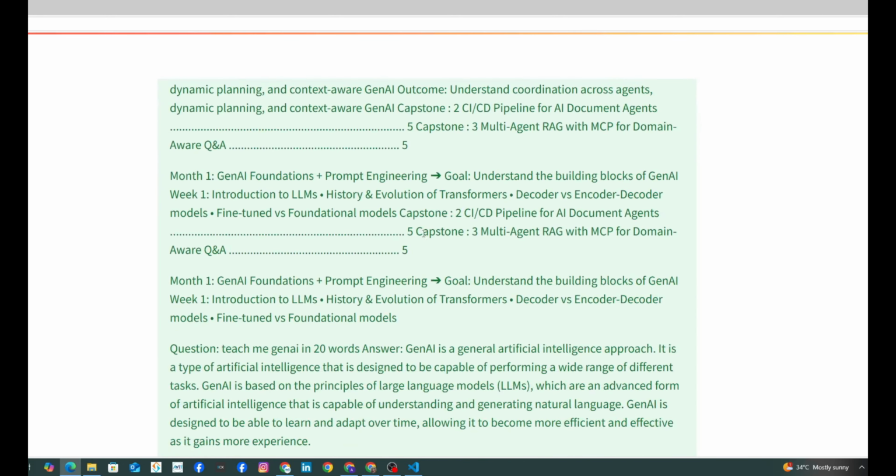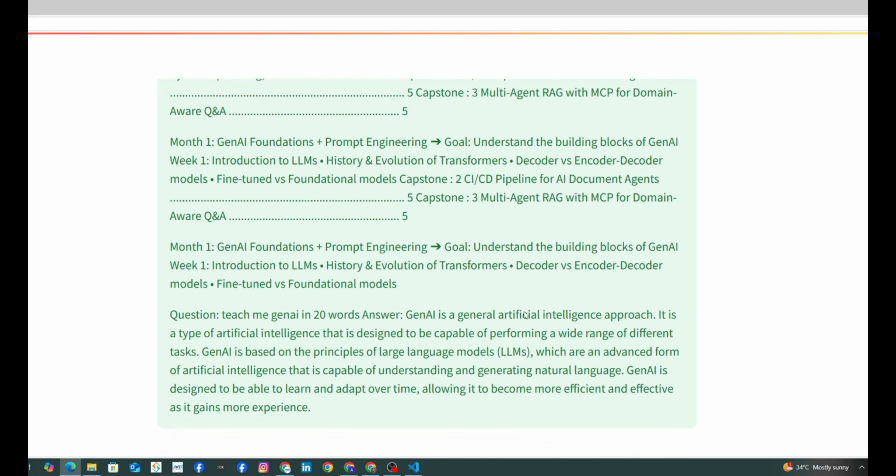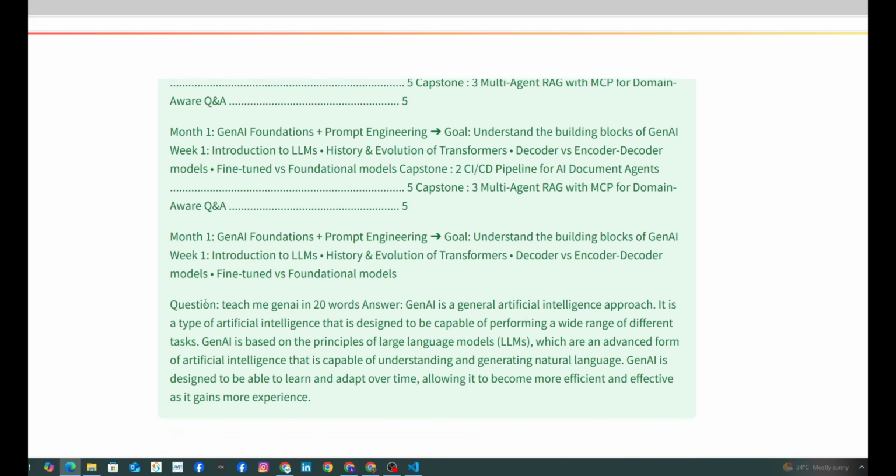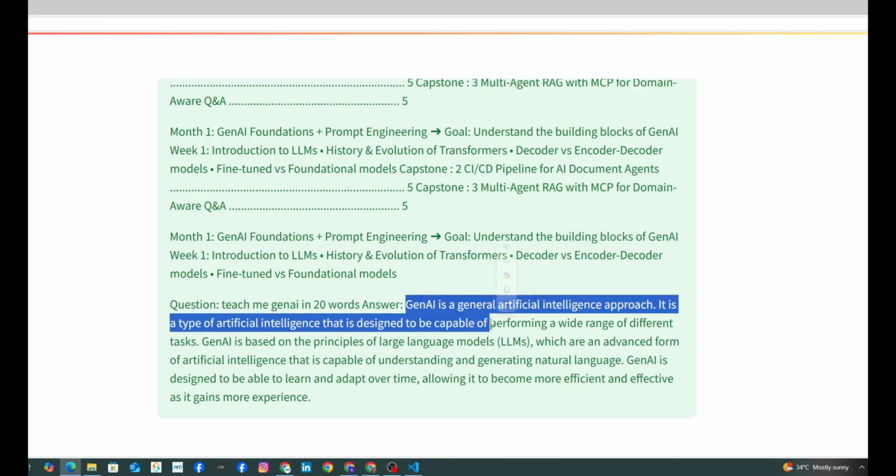So you see the answer, these are the top 3 responses which it actually got from the database. And then our question was teach me Gen AI in 20 words. So it has concluded everything in such a manner that Gen AI is a general artificial intelligence approach.